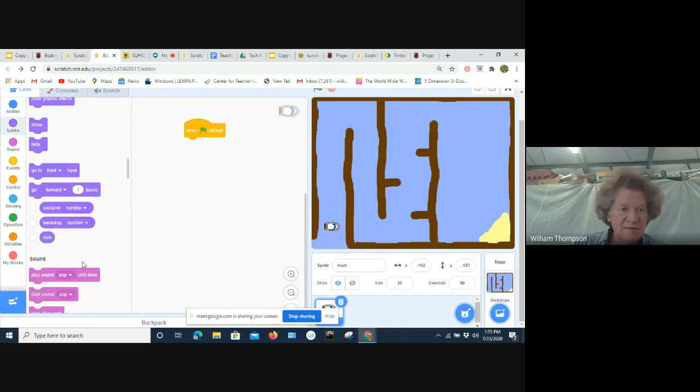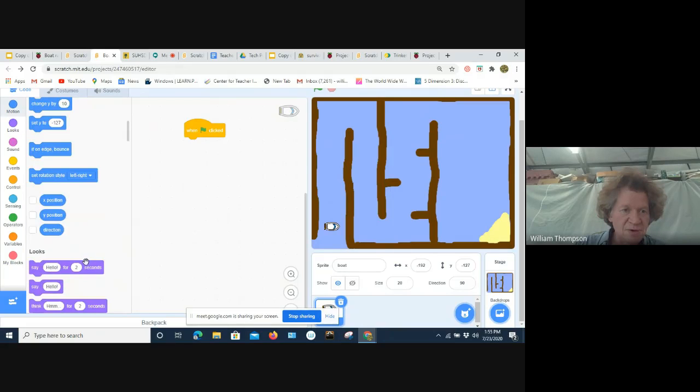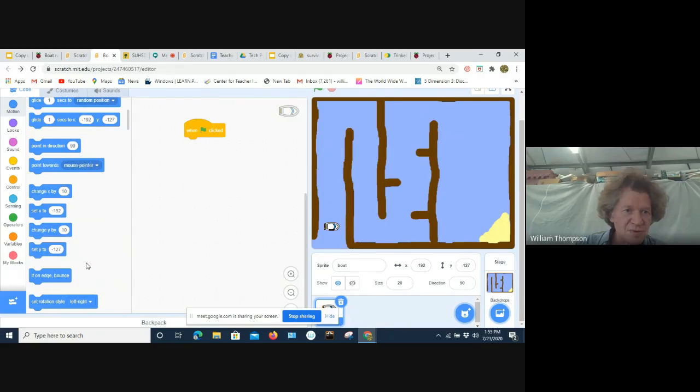And after that, the first thing we did was point the boat in a certain direction. So here's a point in direction block. I believe in the code we were given, that was 0. You can just type that in, or it looks like this will let you move it using that dial.